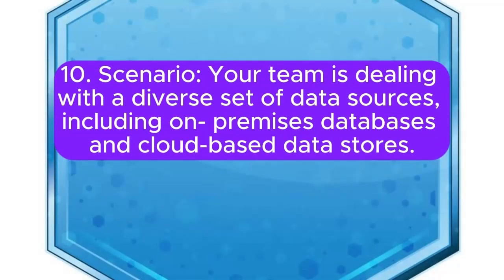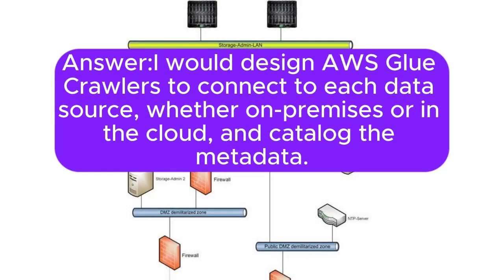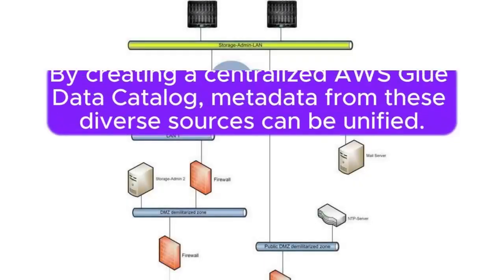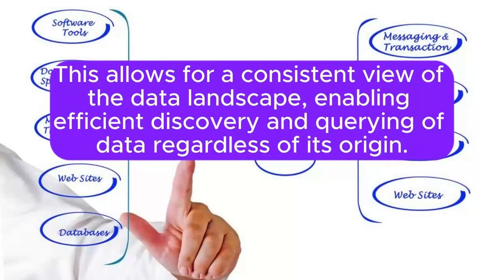10. Scenario: your team is dealing with a diverse set of data sources, including on-premises databases and cloud-based data stores. How would you use AWS Glue to create a unified data catalog that spans across these various sources? Answer: I will design AWS Glue crawlers to connect to each data source, whether on-premises or in the cloud, and catalog the metadata. By creating a centralized AWS Glue data catalog, the data from these diverse sources can be unified. This allows for a consistent view of the data landscape, enabling efficient discovery and querying of data regardless of its